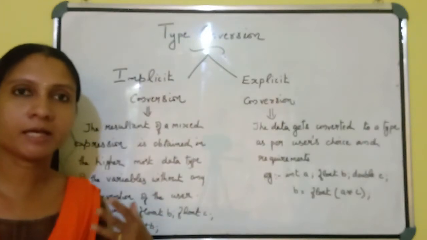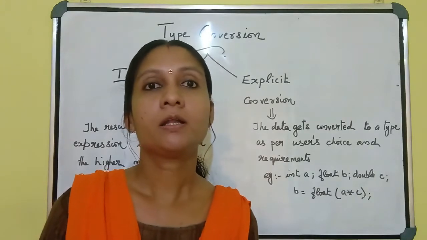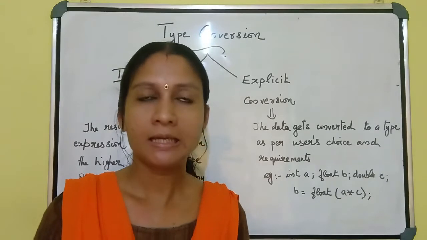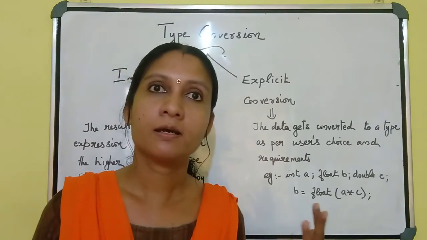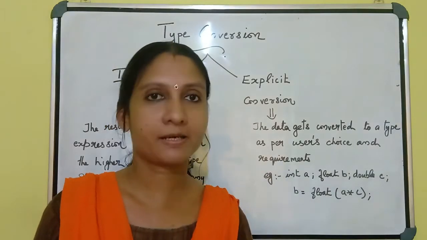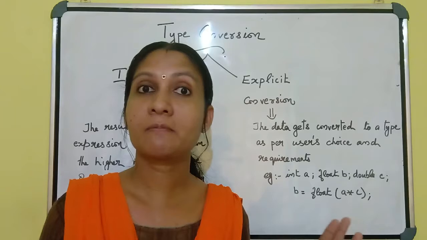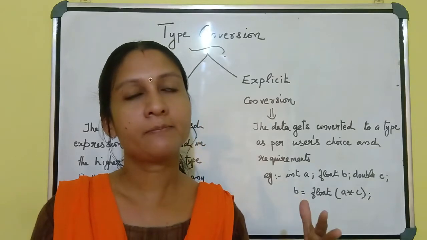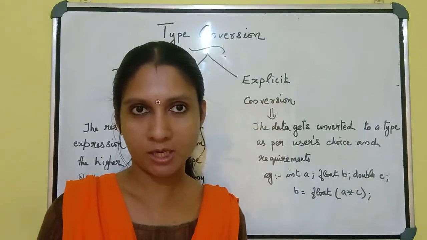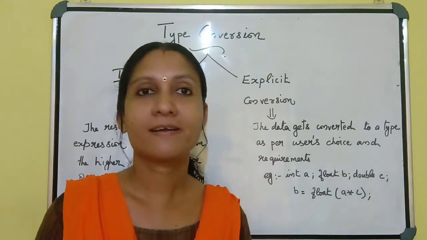When you operate one int data type with any other data type, the resultant must be the highermost data type. Here when we operate one whole number data type, an integer, with a real data type, the resultant must be a real data type. Both data types' memory sizes are the same here, because int memory size is 4 and float memory size is also 4. But when you operate one whole integer number data type and a real number data type, the resultant must be a real data type.